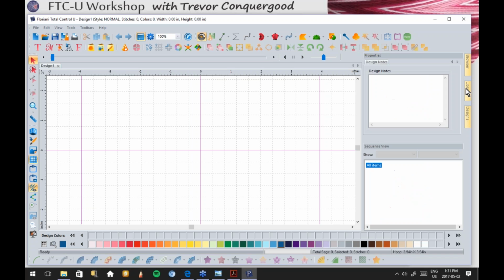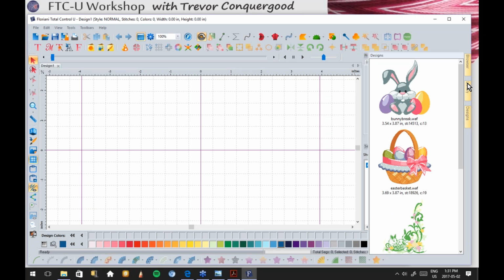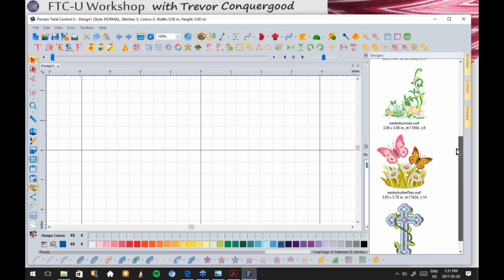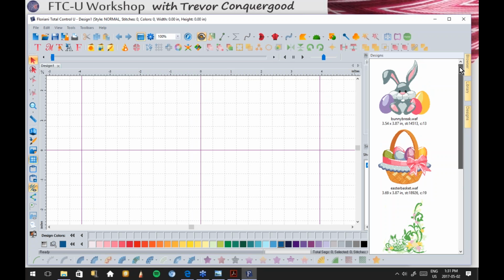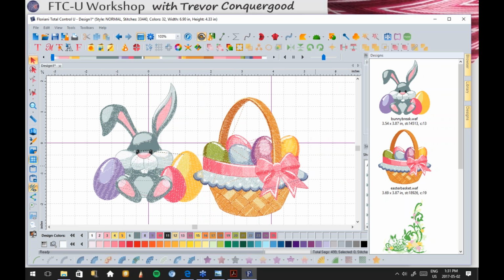Click on the Library tab, click on AA class, the folder I just made today, where I kind of copied and pasted those WAV files, and I go to Designs, and there are the designs in my AA. So that's one thing you might want to do is have a little folder under your library where you keep certain things, your favorites. And if you like the bunny, you just click and drag to bring your bunny into your workspace. So that is adding this embroidery design into, because in this way I can bring in multiple designs